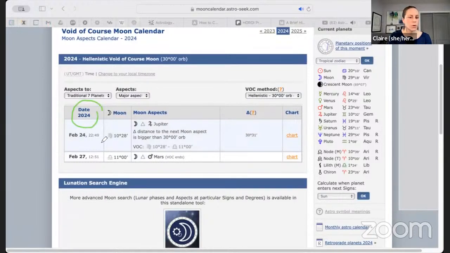This year in 2024, we had one in February. And that's when the moon goes 30 entire degrees without making an aspect, in this case with a visible planet. That's the other thing: I'm not using Uranus, Neptune, Pluto. So this is not as special if you are using those things. But if you're me, I figure these are the more industrial strength void of course moons where it's not a great time to do material world stuff. Great time to do spiritual downtime stuff, but the cake is not going to turn out like the picture. But look at 2025.